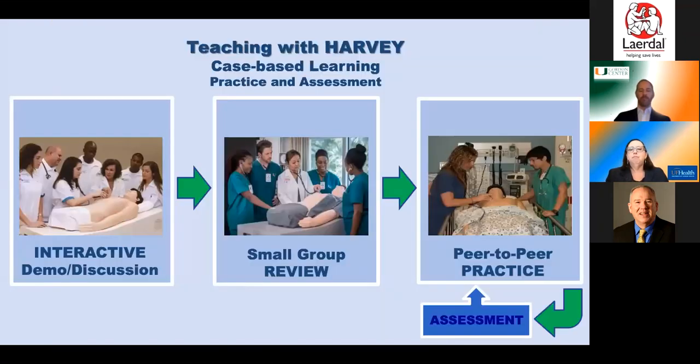And on the next slide here, I'll just mention some of the different ways that I've used Harvey in different kinds of teaching, certainly interactive demonstration and discussion, whether that's in front of a large class of 50 or 100 students, or a small group of 12 or 16. But the idea is you really want to keep it interactive, and that was one of the pieces that Ross had highlighted earlier. Just by exchanging back and forth with the students, Harvey, and your discussion, you can lead a very engaged interactive format. More recently, we've been doing that with Zoom, and again, have found that just as equally effective.